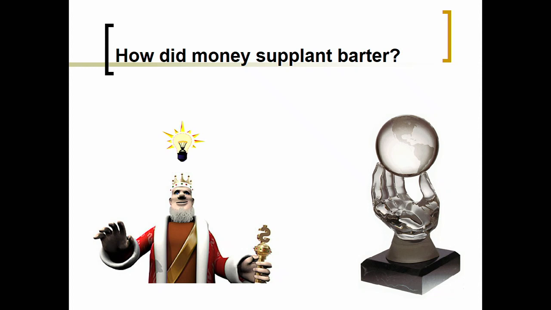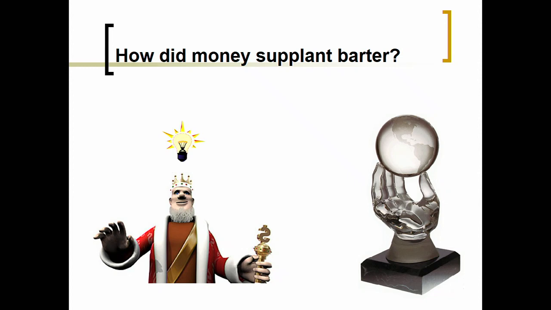So there are 2 theories about how money supplanted barter. The first one is called chartalism. Basically, the king or the ruler of that area said, okay, we're going to start using this precious metal. There's very little evidence to back that up, despite the strong role that governments have today in money creation and overseeing the money supply. The other is the invisible hand. I tried to find a picture of it, but it's tough to have a picture of something invisible. Basically, each individual acting in their own self-interest slowly developed money out of barter.